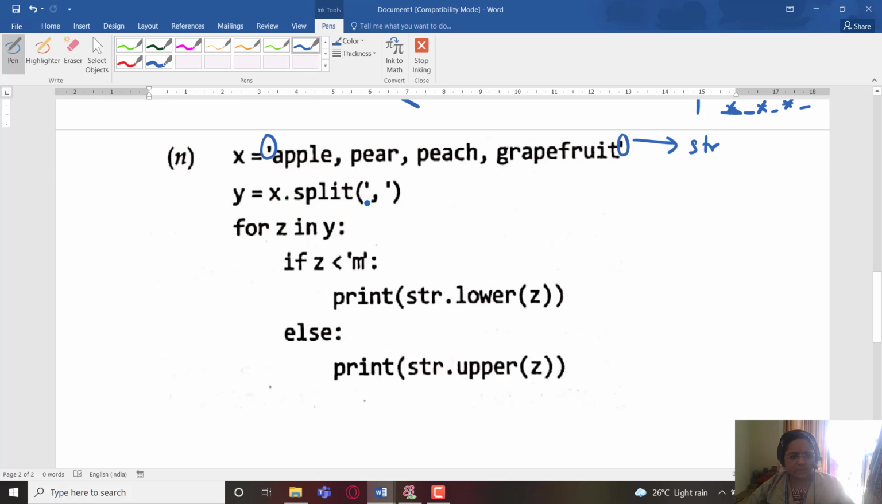So split is a function, a string function, which is used to split or break a string based on a certain special character. So you can see the character used over here is comma. So wherever comma is there, this string is going to be broken and it will be converted into a list which will be stored within Y. So Y will contain the values like this: